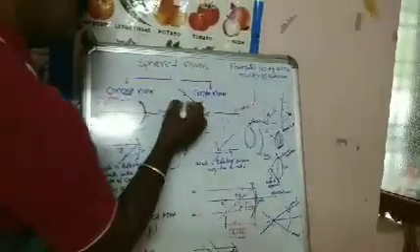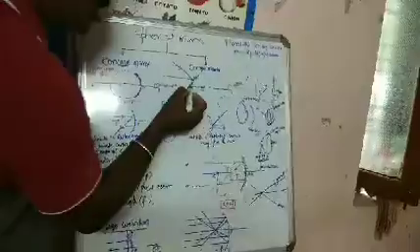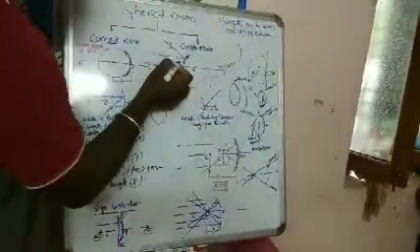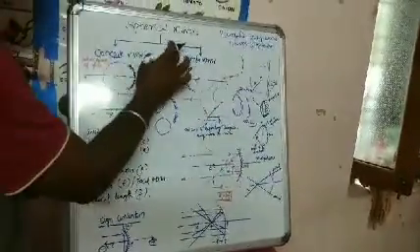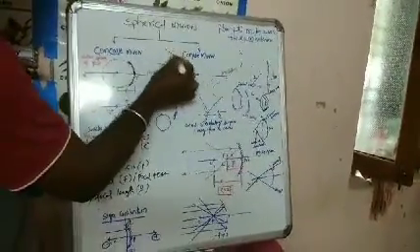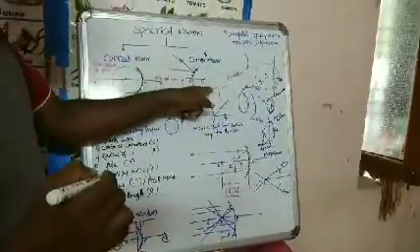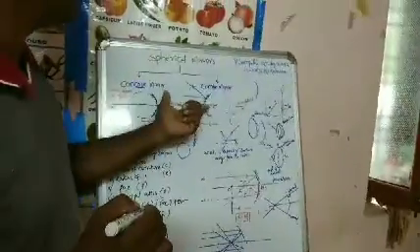That means in the convex mirror, the reflecting surface is always away from the center of curvature. This type of spherical mirror is called a convex mirror. So these are the main differences between the